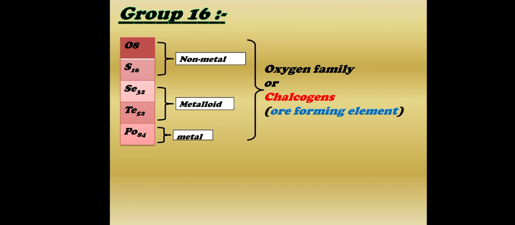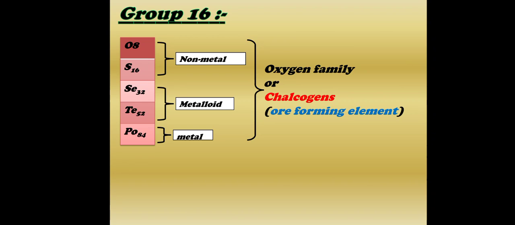Last time we have discussed in detail group 15 elements. Now in the part 3 of P block, we will discuss group 16 elements. Group 16 is also called oxygen family or chalcogens. Why chalcogens? The different type of ores contain these elements, like you must have heard hematite, copper pyrite, galena, and all these contain group 16 elements.